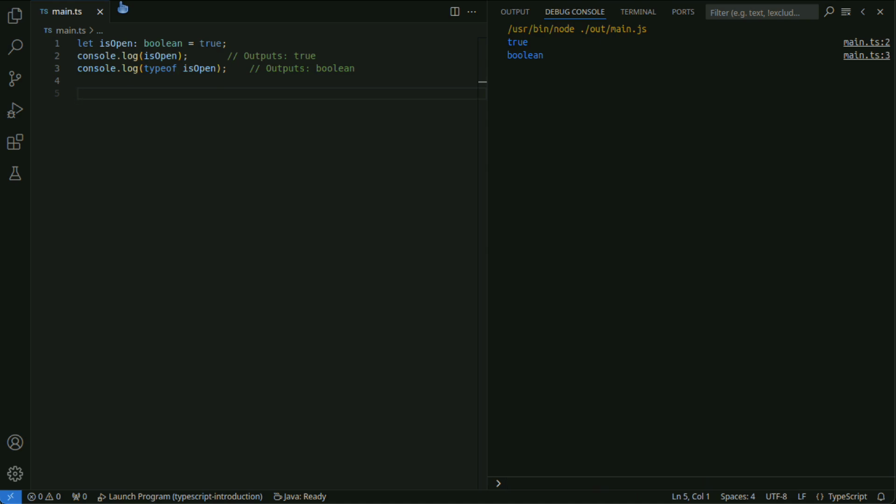Null represents a non-existent value, and undefined represents an undefined value.